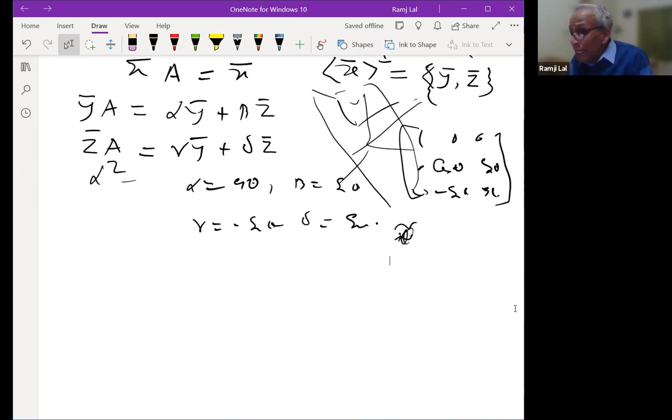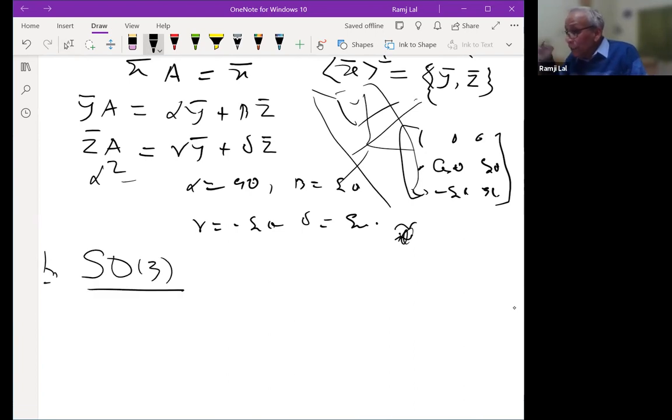And here you see that x bar, y bar, z bar were all an orthonormal set of vectors. So in other words, what we have done here is that in SO3, every member is conjugate to such a matrix. Every member is conjugate to such a matrix, right? So this gives you a conjugacy. So how will you describe the conjugacy class?